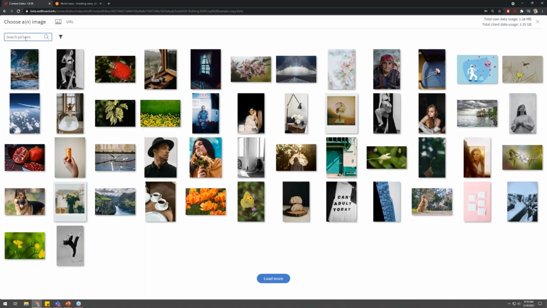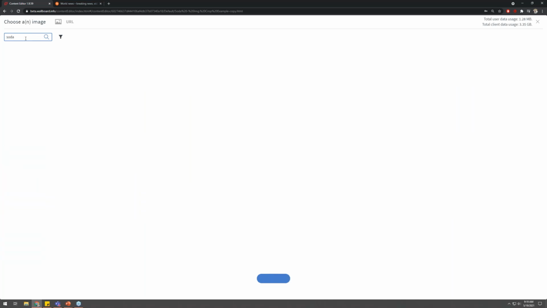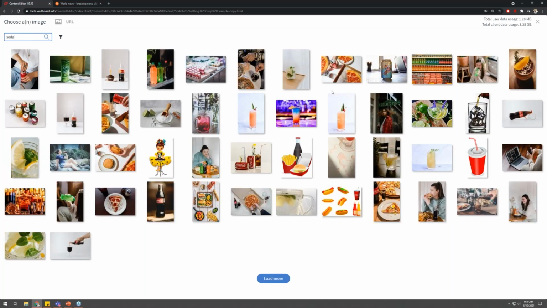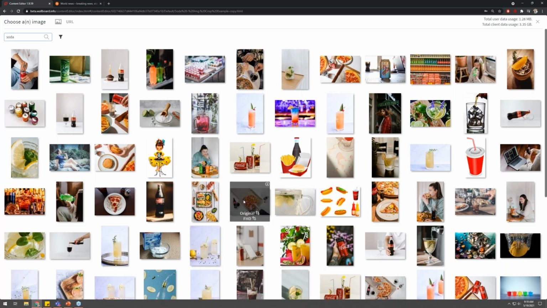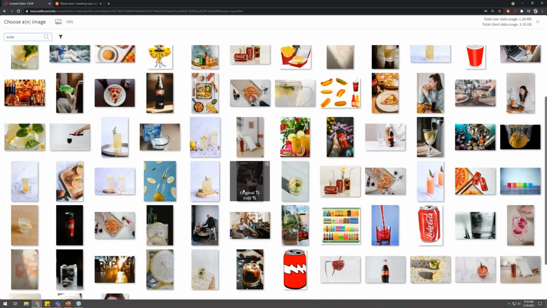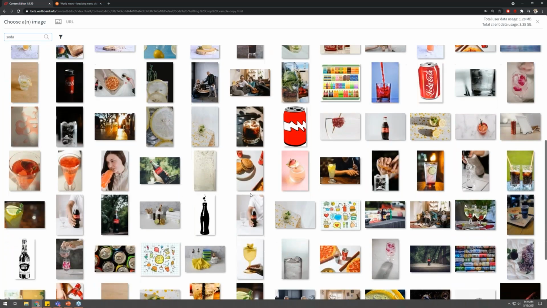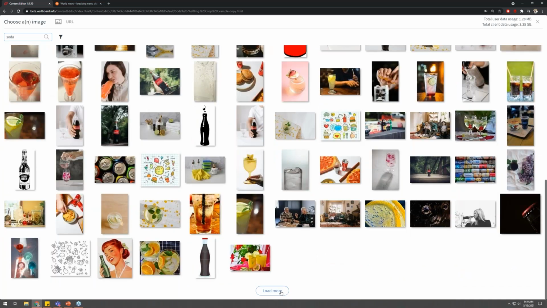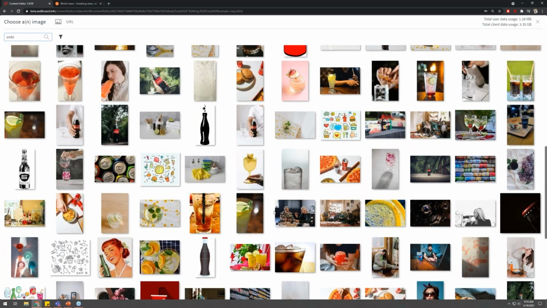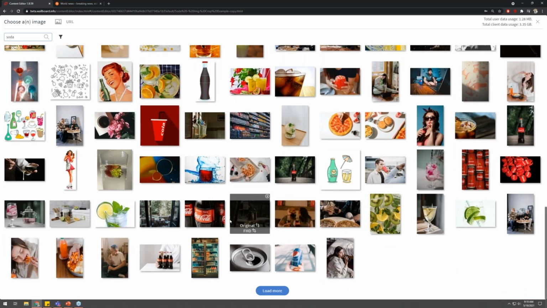So I can go in and I can search soda and hit enter, and I can look through these items to find something that might work for exactly what I'm trying to bring in. So I can scroll through, be able to see what's happening here, have a lot of options and availability. Of course, there's the ability to offer in more filtering if you want more specific items. I can find the image that I want, and once I double click this,